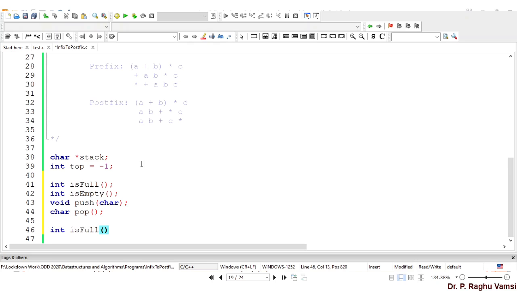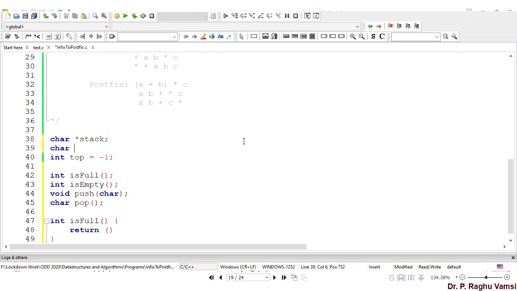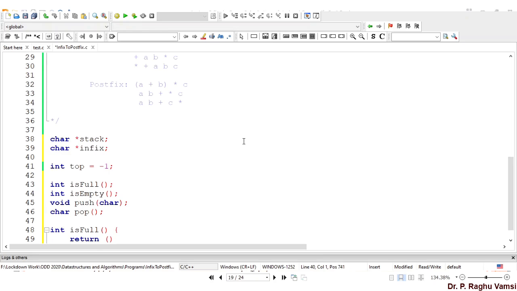We don't know what is the length of the infix expression. So what we do is int is full, and that will return. Along with this we'll also define char star infix, char star postfix, and top is equal to -1.